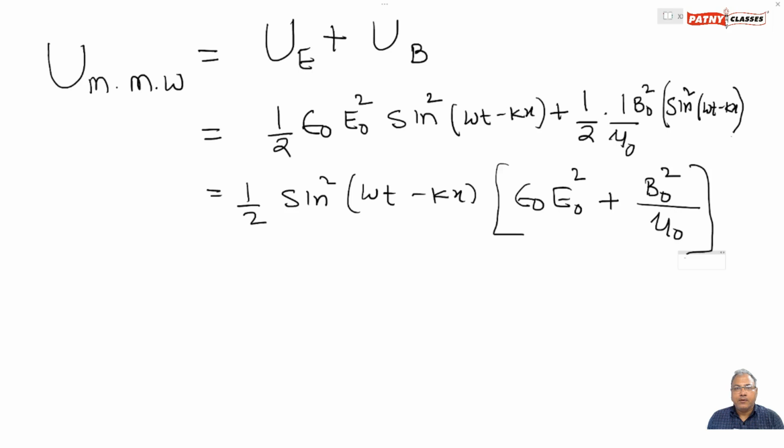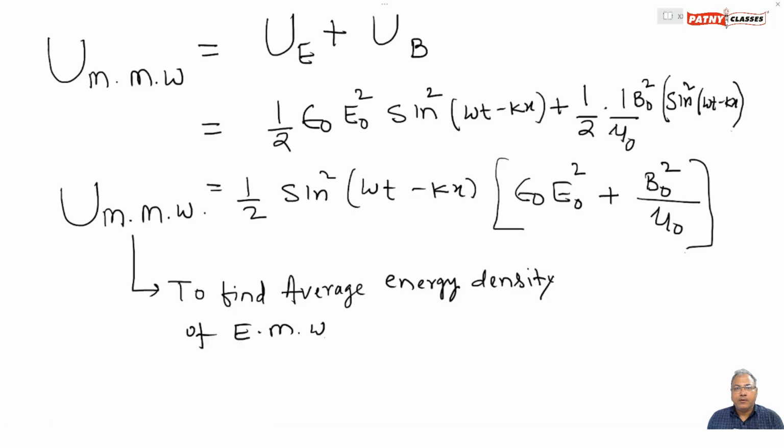Adding both the equations and taking half sin square (omega t minus kx) common, in the bracket we are left with epsilon multiplied by E naught square plus B naught square divided by mu naught. This is nothing but the